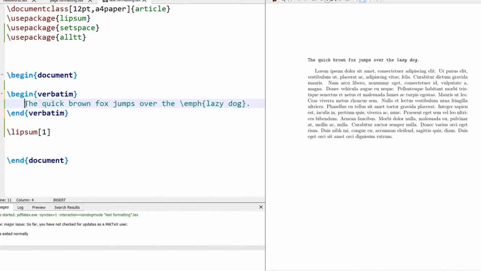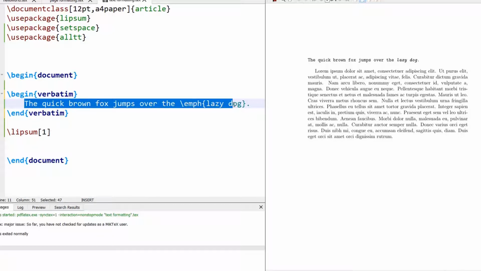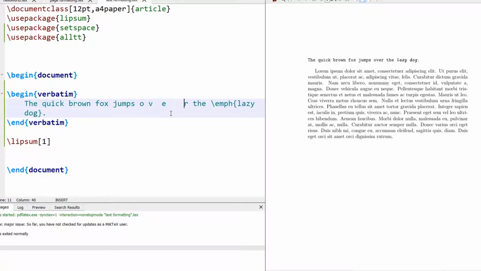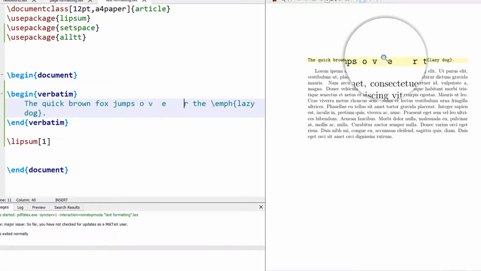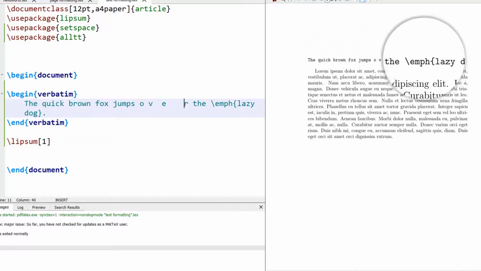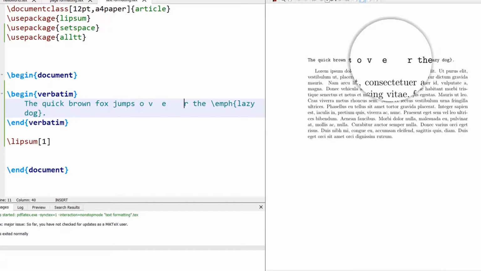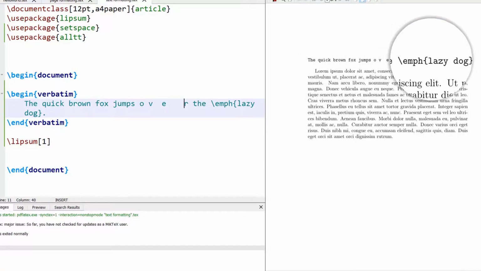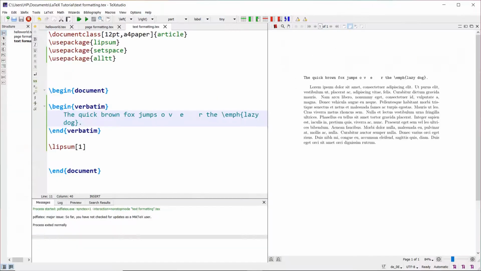You can also observe this behavior by the change of color of this text when I change the environment from alltt to verbatim. And also I can give spaces like this and see how it gets typeset. So you can see over here, when you use the verbatim environment, all the spaces are recognized as not special case. They are rendered or typeset as they are. Even you are able to display \emph in this command.